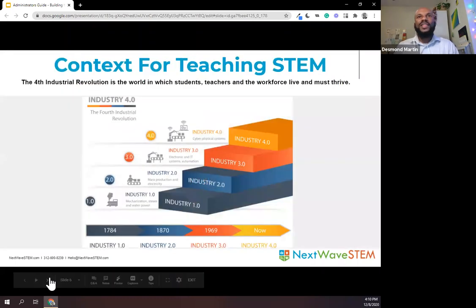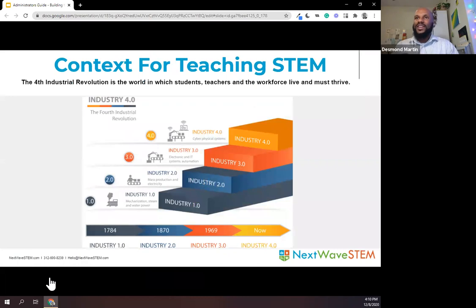So it's important then to think about, okay, since we have these deficits, we have to then, before we actually address those deficits, recognize where we are in the history of the world, just where we are, period, and where we want to get our students to. And the place we want to get our students to is to be operating in what's called the fourth industrial